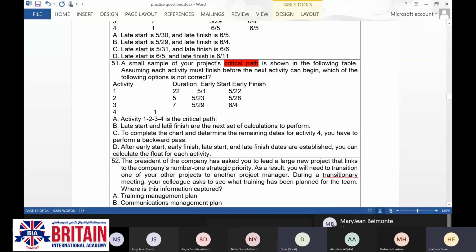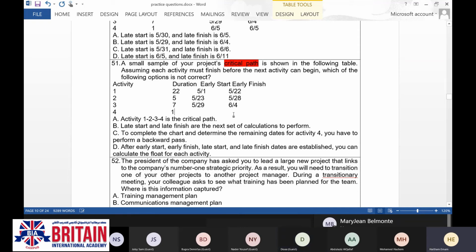Okay, late start and late finish are the next set of calculation to perform. That's absolutely true. To complete the chart and determine the remaining dates of activity 4, he has given you the duration, right? Yes.